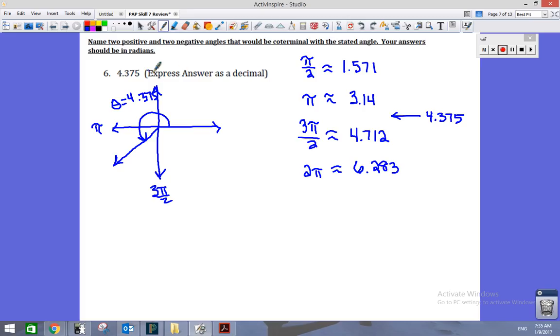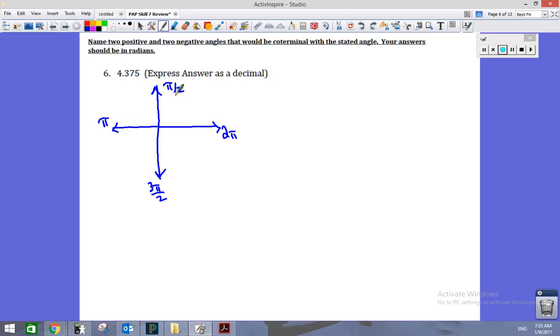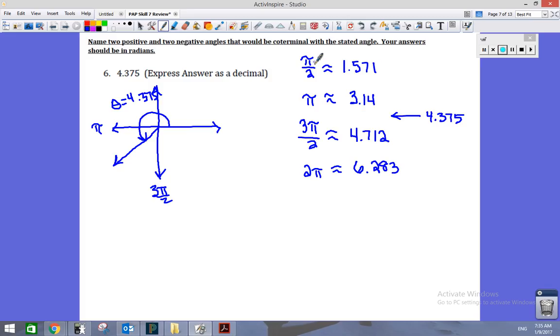I had 4.375, and I didn't know which quadrant to place it in, so I knew that pi over 2, pi, 3 pi over 2, and 2 pi break up my boundaries for my quadrants. And when I get decimal approximations using 3.14 basically for pi, I get that pi over 2 is 1.571 and so forth. And I see that 4.375 is bigger than pi and yet smaller than 3 pi over 2, so I know I'm in quadrant 3. So now I've drawn my angle in standard position, and